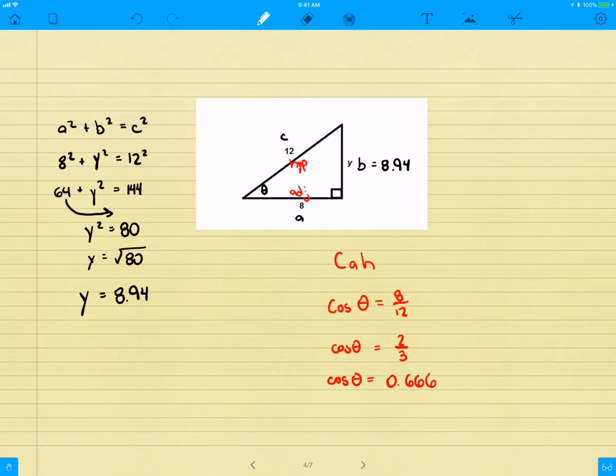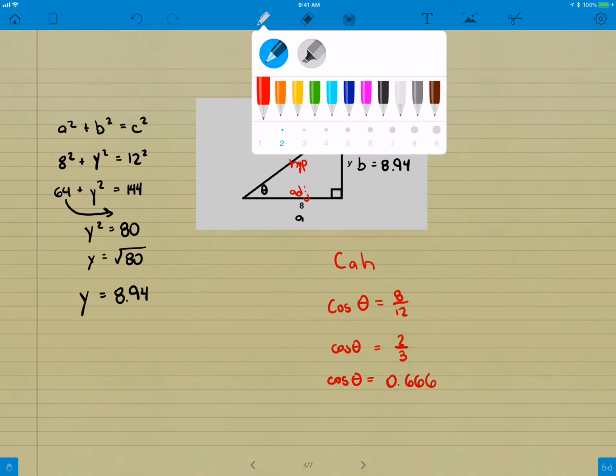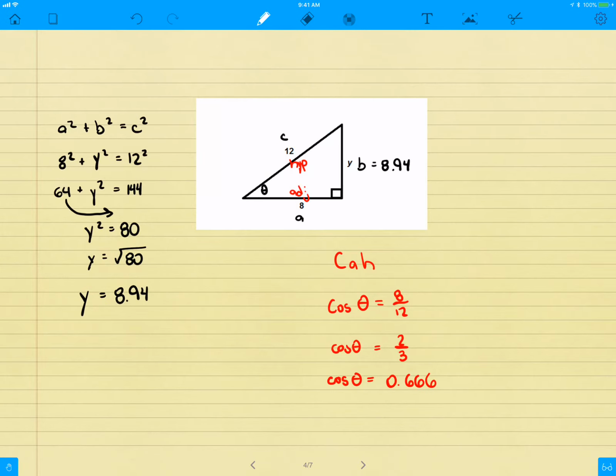To find the actual angle, this is where we use the inverse trig functions. If you're not familiar with the inverse trig function or the arc functions, it's when you take the cosine and do the complete inverse. That inverse function looks like this, where you put a little -1 on the function itself and type in the number after it. On most calculators, to find the inverse of the trig functions, you hit the second key or shift key, then hit cosine, and then type in your number, and it should show you the little